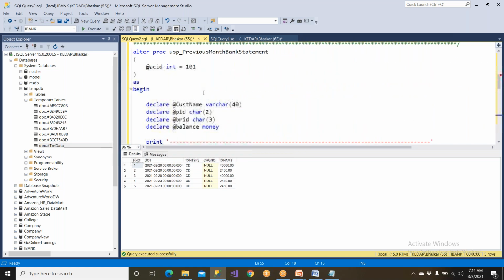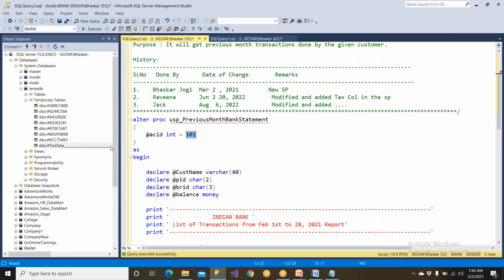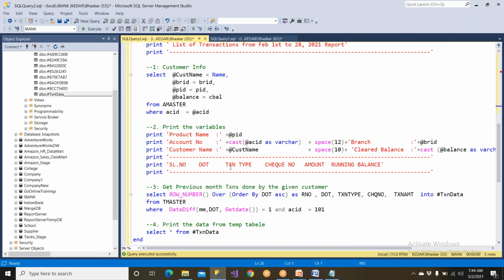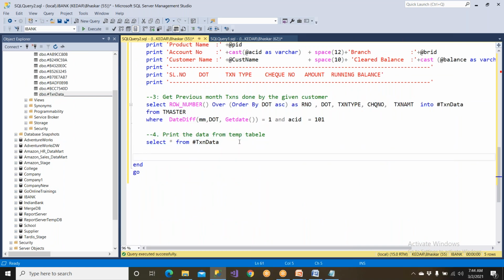Clear? So that means if you give 101, 101 data will go here. If you give 102, 102 data will go there. If you give 105, 105 data is going to go, then it will get removed. So this is not a permanent table. Why did I store all the data? Because of convenience. I don't want to write this many lines every time. So all the data I'm keeping and putting into this one, and here I'm going to be looping line by line. Clear? So here I wanted to loop,